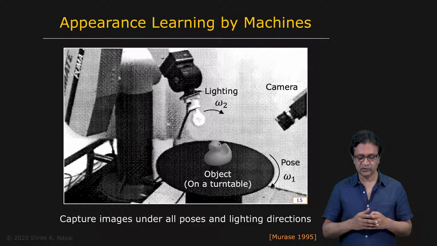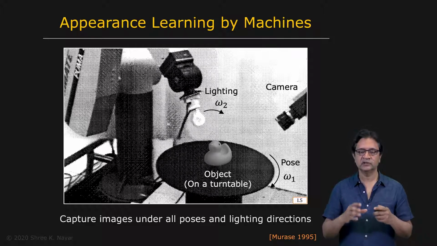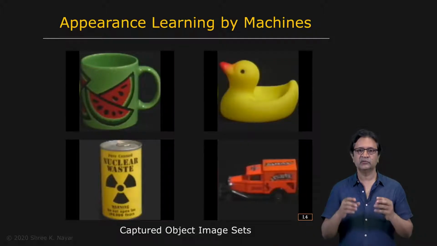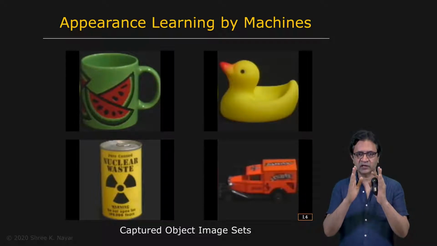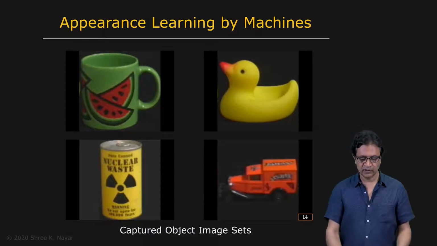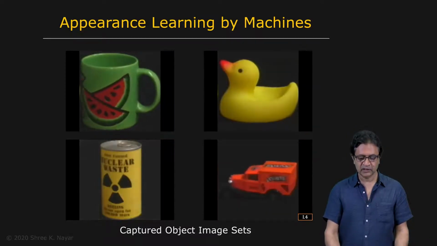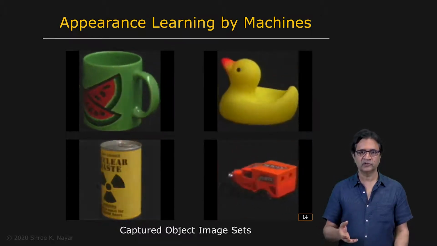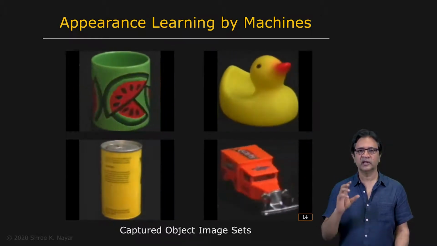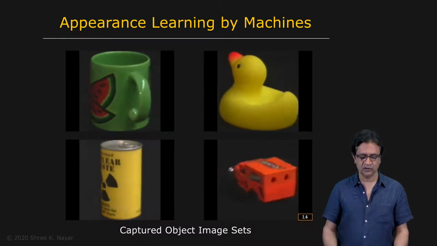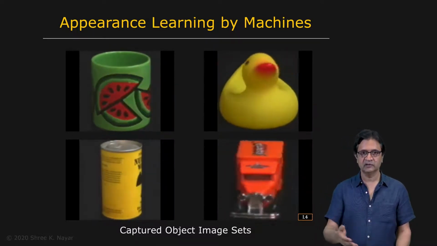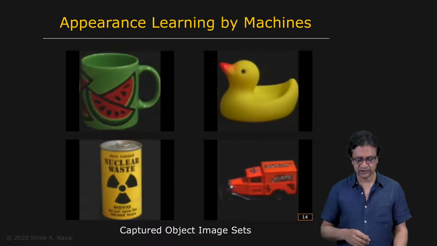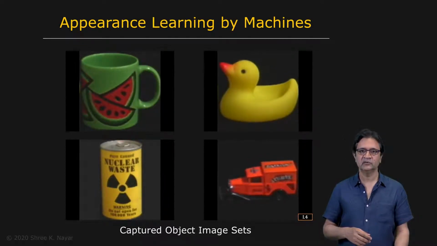So then what we do is we take all our learning images, segment the object out, and then we're going to scale the object in terms of size so that it fits into some kind of canonical size, shape. And so that's what you're seeing here. These are the image sets that have been captured for four different objects. We're only showing here the images under a single rotation of the object. Now you may have similar sets for different lighting conditions as well. Okay, so that's what's referred to as an object image set.